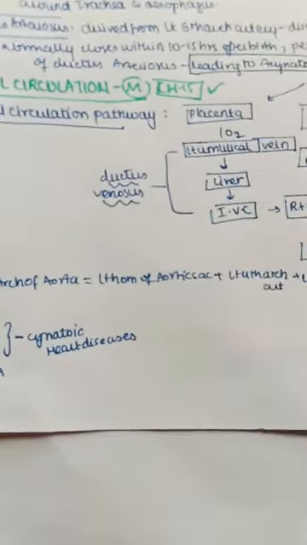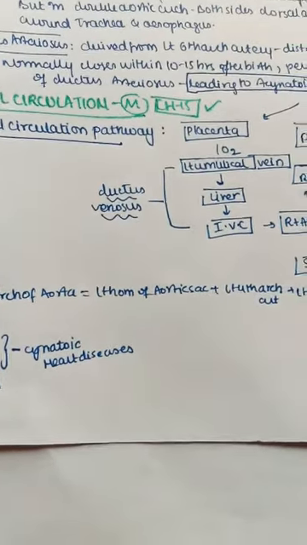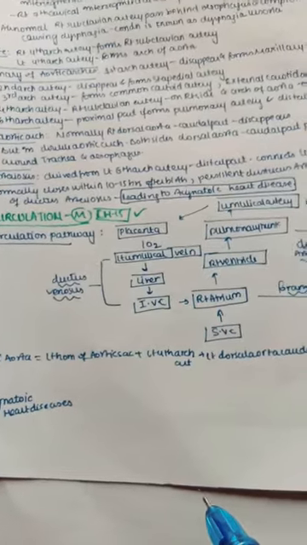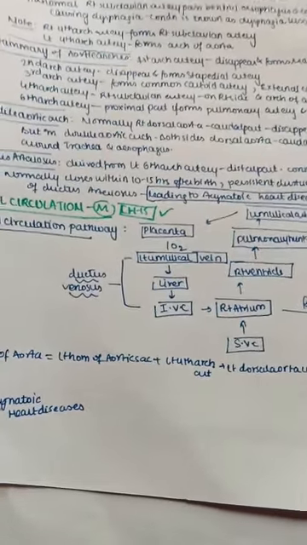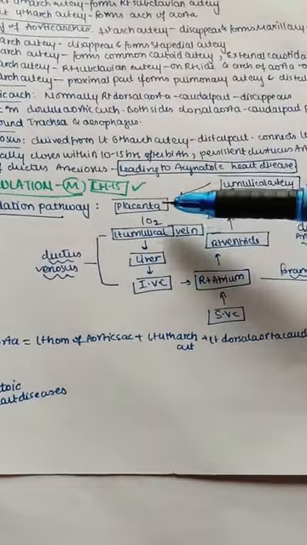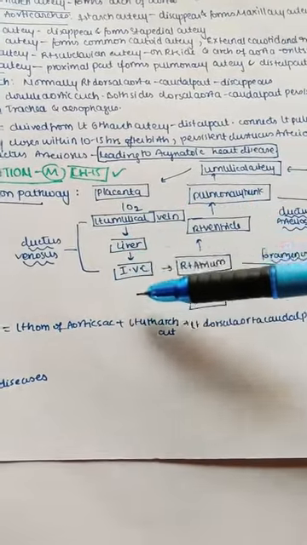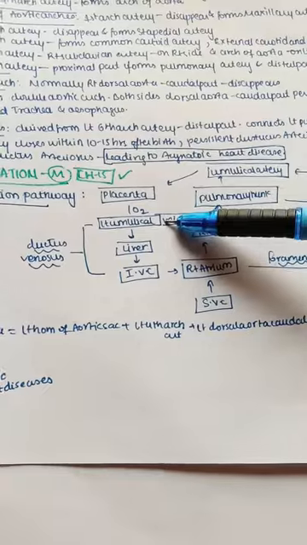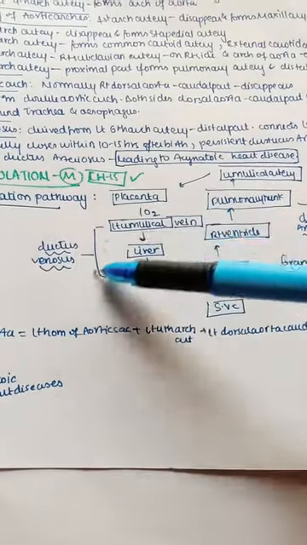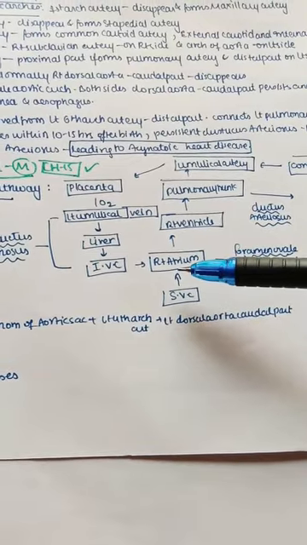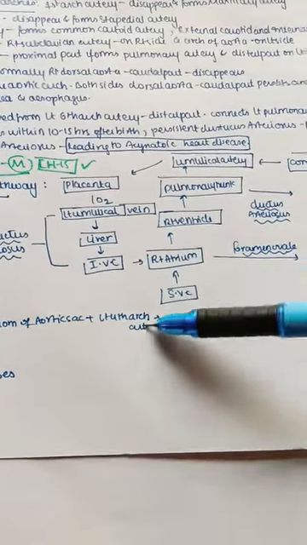So now let us start the fetal circulation pathway. We know all this already, we completed it, so this is a quick revision part. We'll start our fetal circulation with the placenta. Placenta pumps oxygenated blood via the left umbilical vein into the liver, into the IVC. We know from the left umbilical vein it goes directly into the IVC by means of a shunt, the ductus venosus. Next the blood enters the right atrium, not only from IVC, also from SVC.